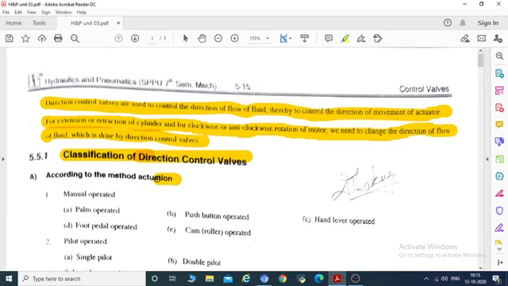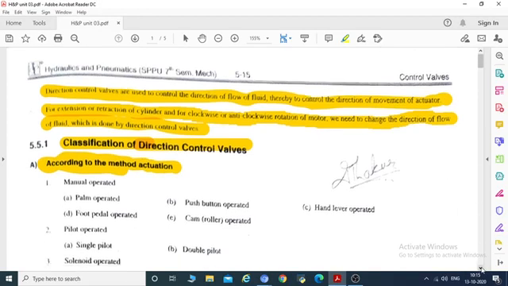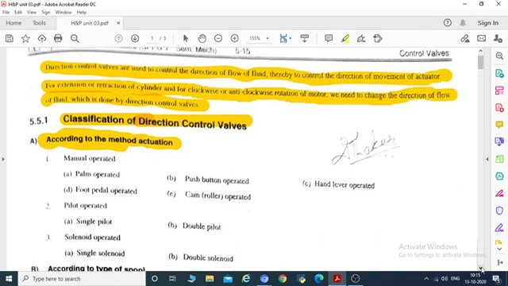The first main type is according to the method of actuation, how you are going to actuate the direction control valves. According to this, it again has three types. First one is the manual control valves. If you operate the control valve manually, then we name it a manually operated direction control valve.